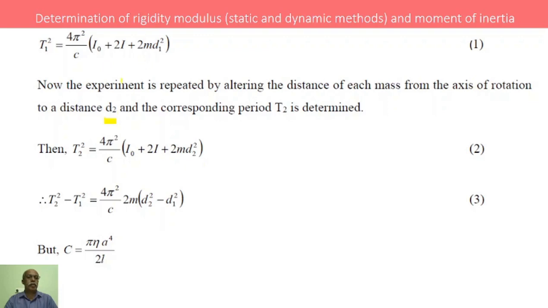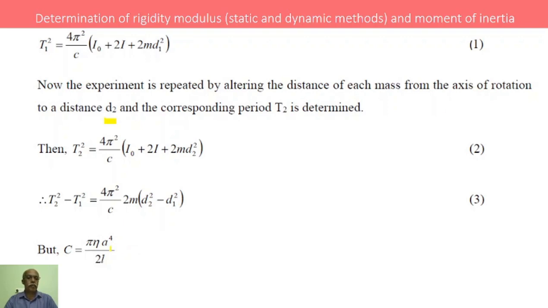Therefore, taking the difference of these two, we get T2 square minus T1 square is equal to 4 pi square by C into 2m into d2 square minus d1 square, where C is pi eta a power 4 by 2l,